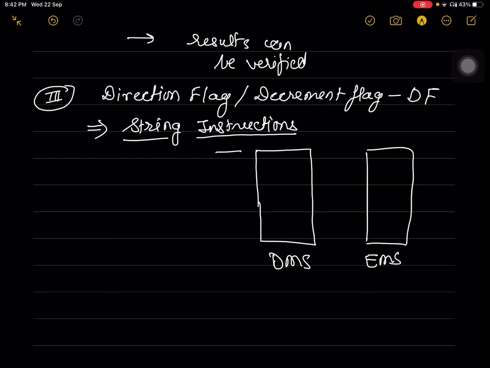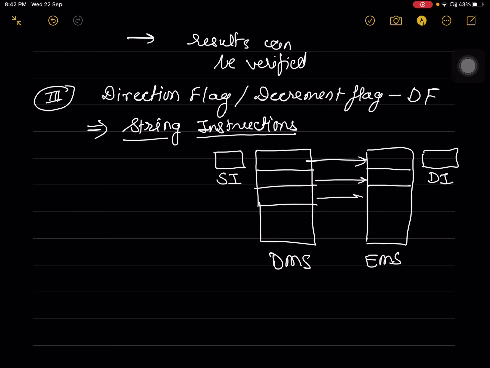the offset addresses for the data memory segment will normally be stored in SI and DI, that is, the source index and destination index registers. Now when the string instructions are executed, the string is transferred from one data block to another and each byte will be transferred one by one.